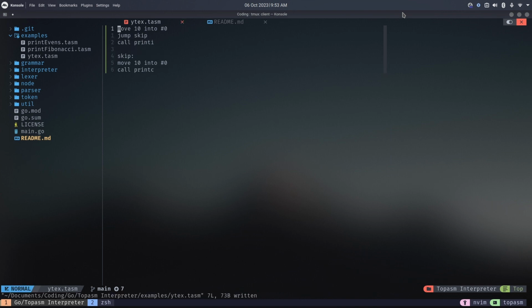And this should basically just do what you expect, right? We're moving the value 10 into the 0 register. We're then jumping to skip unconditionally. If we didn't jump, we would call print I, which would print the value 10. But after skip, we will then move 10 into the 0 register, which is kind of redundant here. And then we'll call print C to get a new line character. So if I run this,